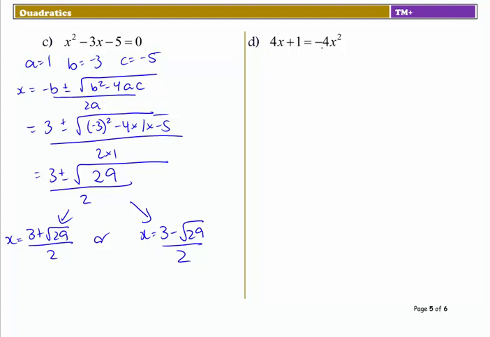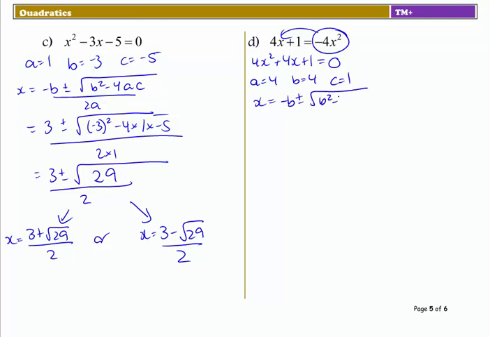Next, 4x plus 1 equals negative 4x squared. That's a negative, so I'm going to take it over here to make it a positive. So I get 4x squared plus 4x plus 1 equals 0. So a is 4, b is 4, c is 1. So x is minus b plus or minus the square root of b squared minus 4ac all over 2a, which becomes negative 4 plus or minus the square root of 4 squared minus 4 times